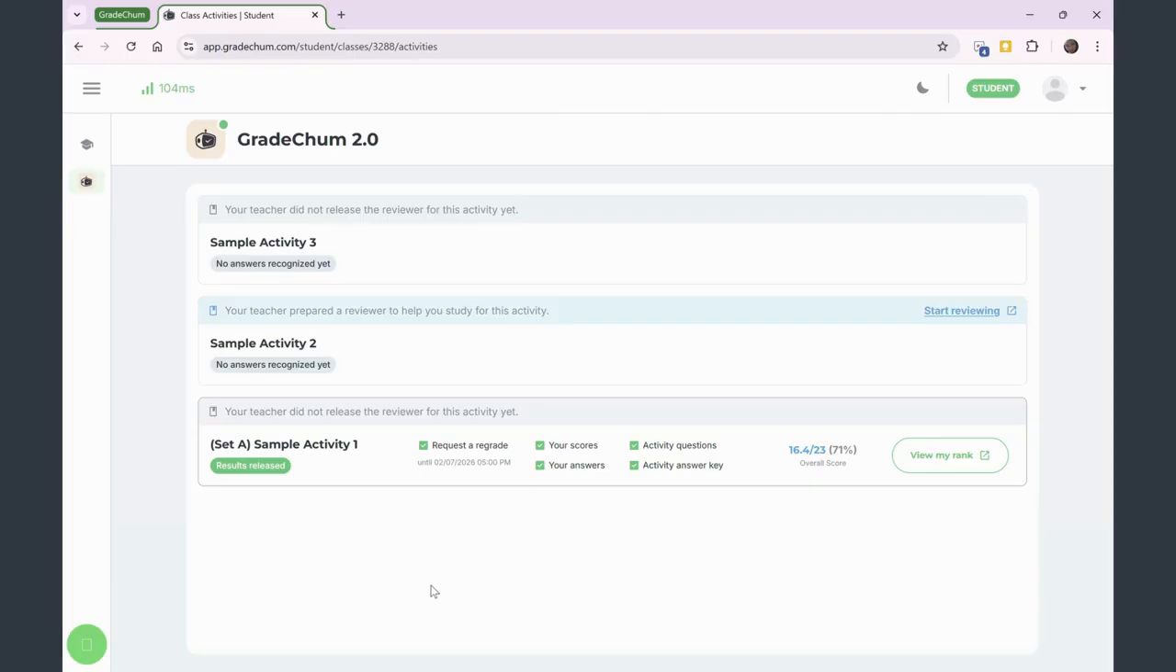It's very important to check your accounts here in Grade your classes to know if there are upcoming tasks that the teachers will be giving you soon or later. You will know that the teacher has released an activity reviewer when you see the start reviewing text button on the activity card, which is the sample activity 2. So click start reviewing,